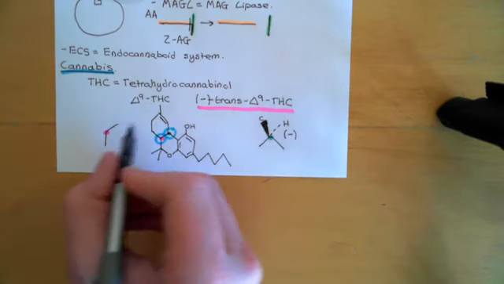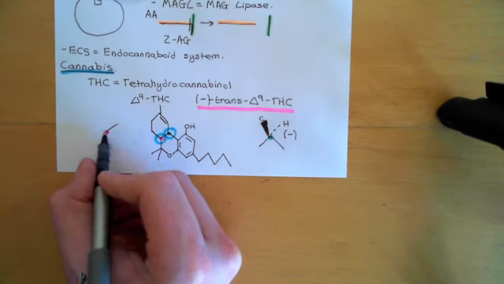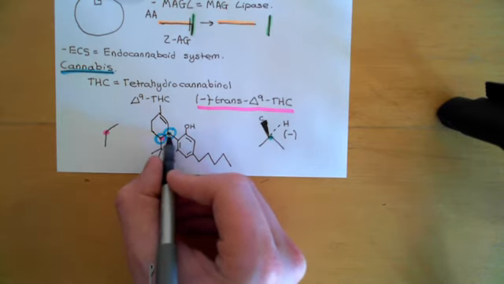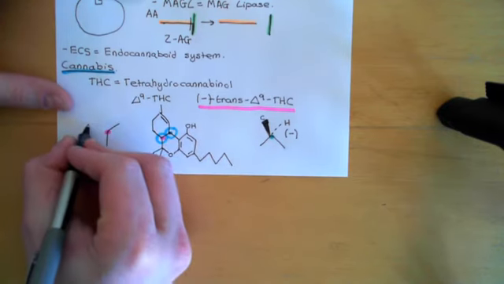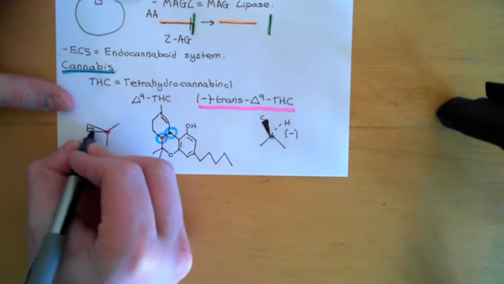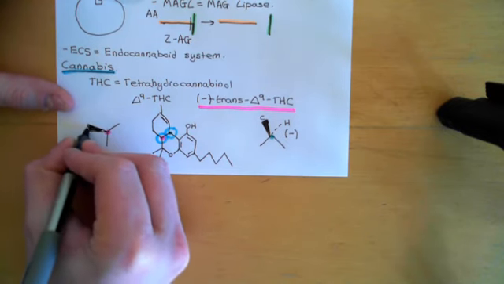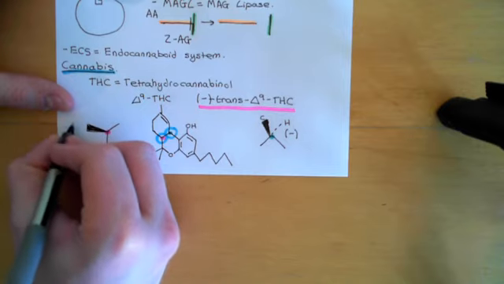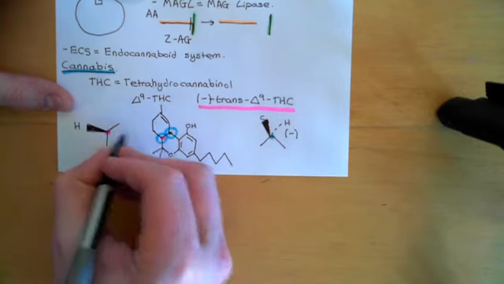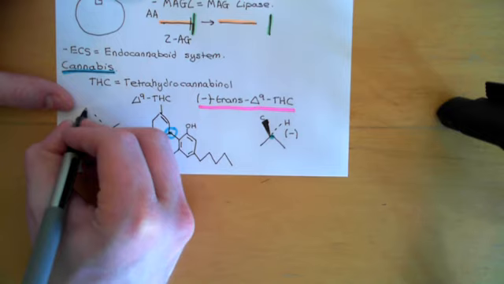The trans then says that the hydrogen off this one will be doing the exact opposite to the hydrogen off this one. So the hydrogen off this one therefore has to be coming out of the page towards us, going in the opposite direction to the hydrogen off the turquoise one. And that means that this carbon then ends up going into the page away from us.